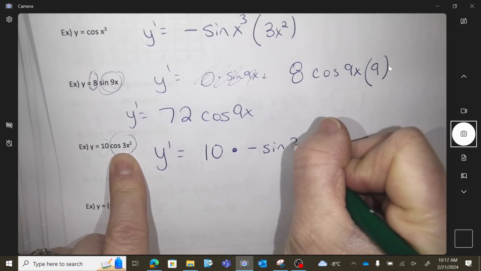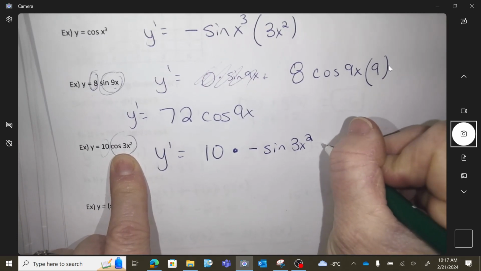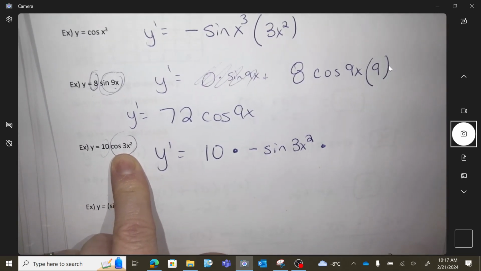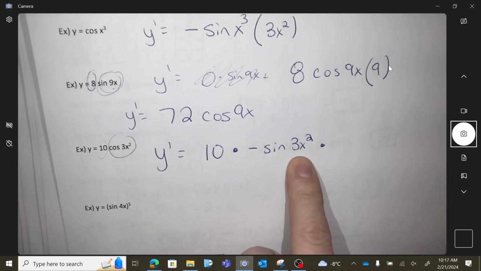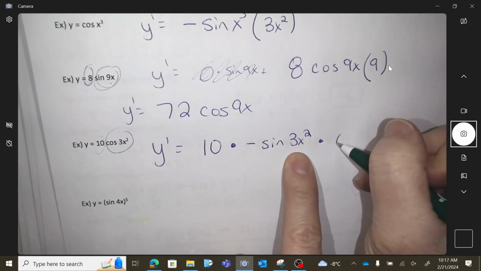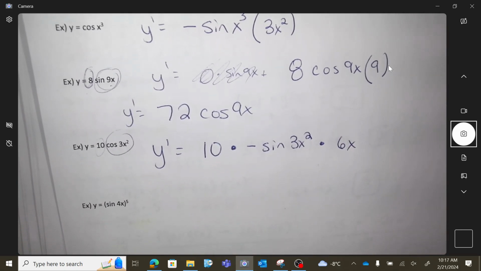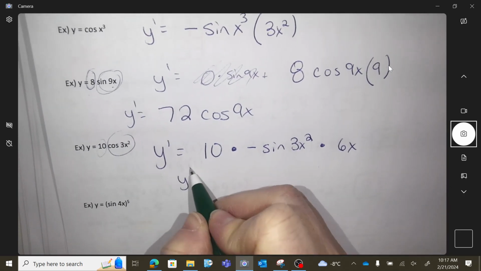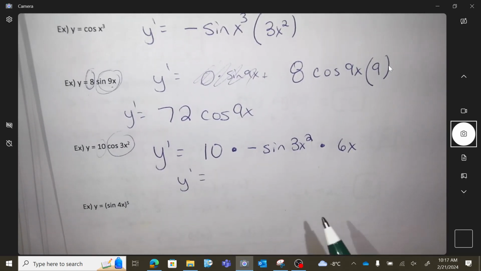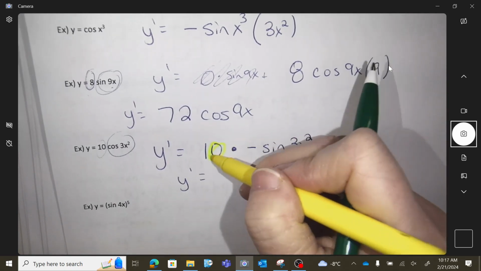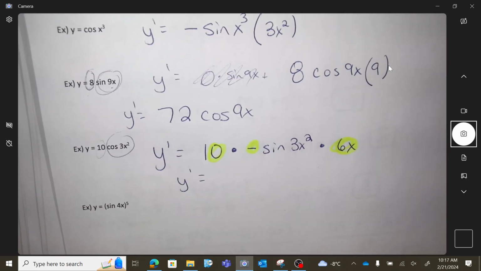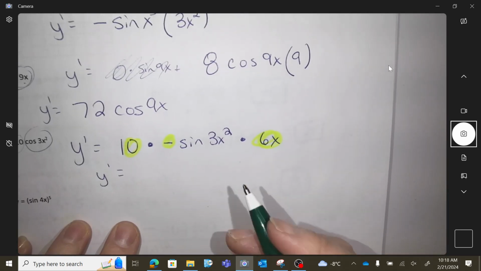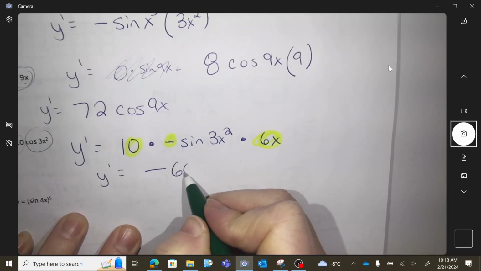Negative sine of the function. Attach the derivative of this part, 6x. You would probably see me simplify this. So can you put this, this, and this together in the front? So negative 60x